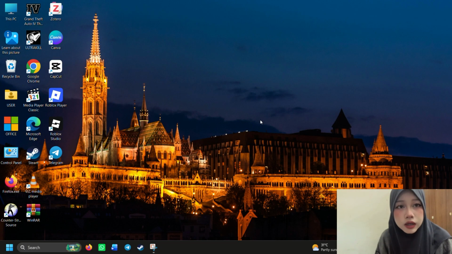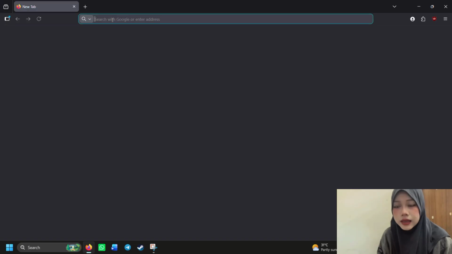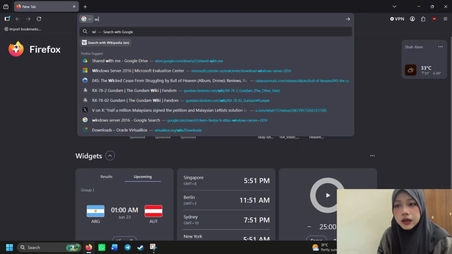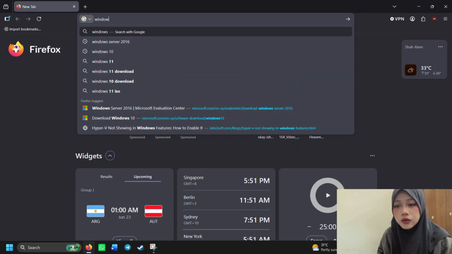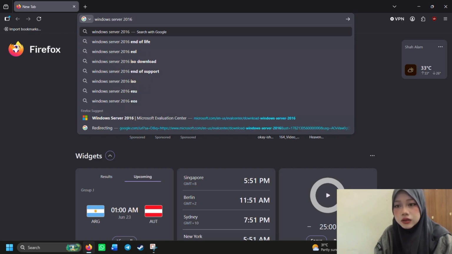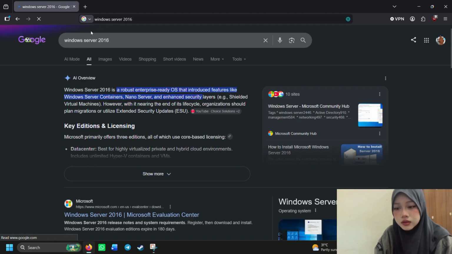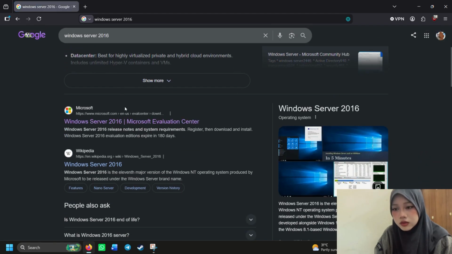So first of all, click any search engine that you would like to use, and then go to the search bar and type Windows Server 2016, and then scroll down and click the first link, the Microsoft link,